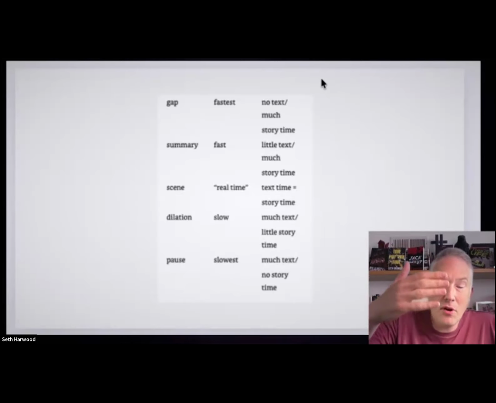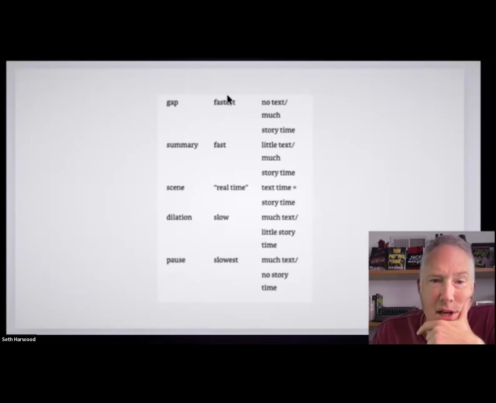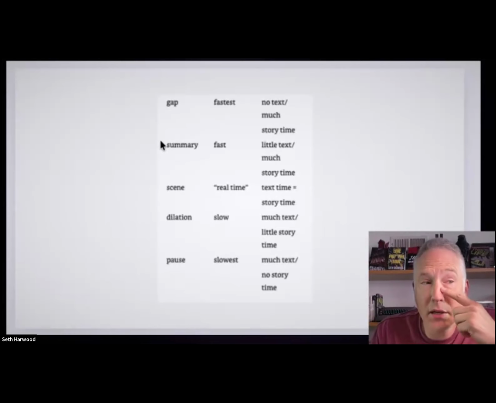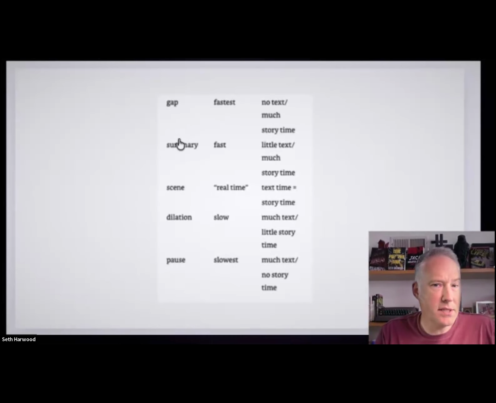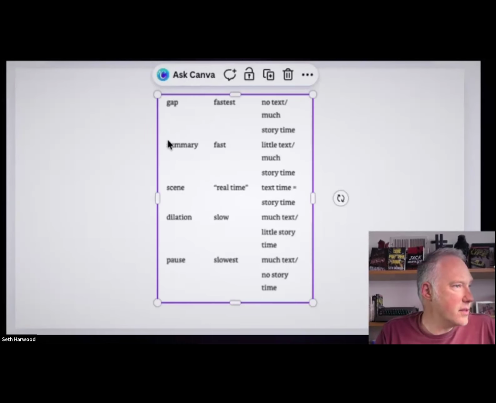And then after the scene is over, the curtain can drop and we can jump to whatever and have things like summary or gap. But the reason I bring this up and think this is so important is that a lot of what I see with early writers, a lot of people who come to me as a writing coach or who start taking my classes, what I see really early on is they're coming to this with, let's see